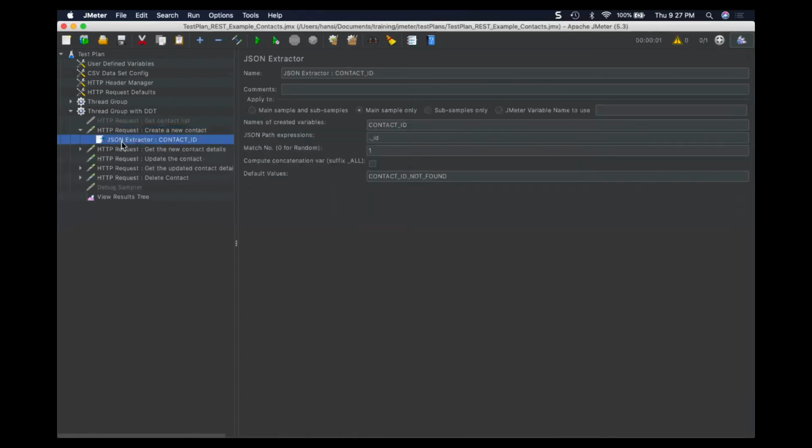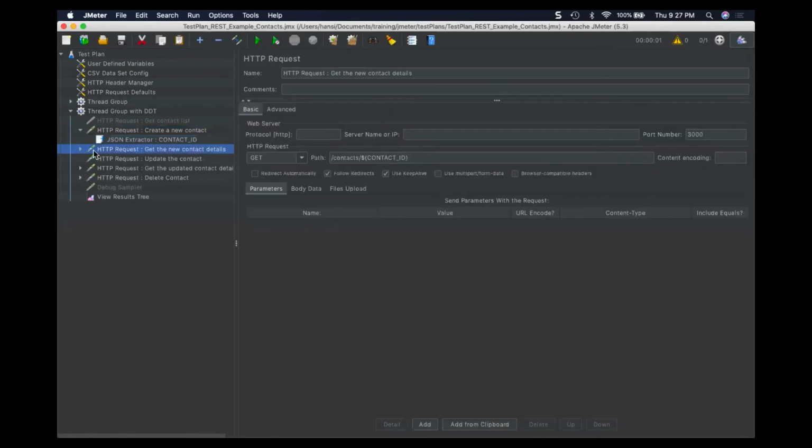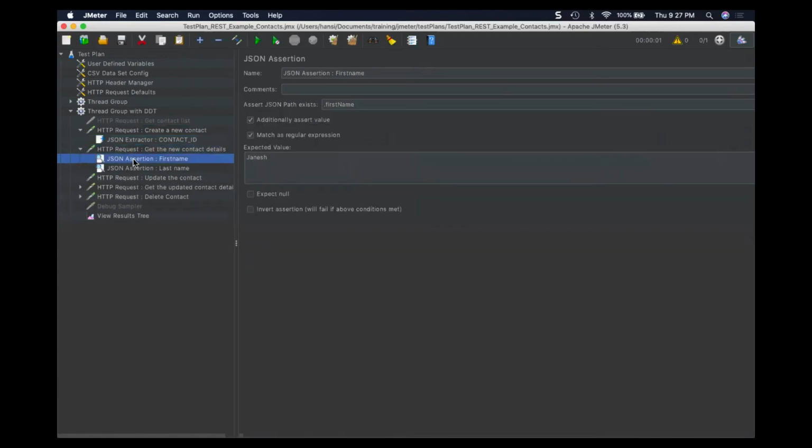The extracted ID is fine, and when you come to get contact, the first name also has to be a variable, dollar first name, dollar, within the curly braces, the last name you have defined.